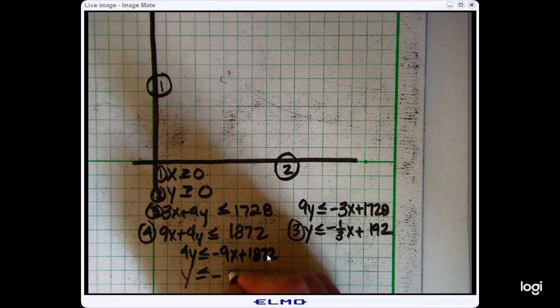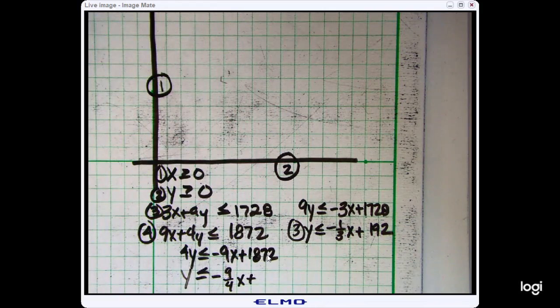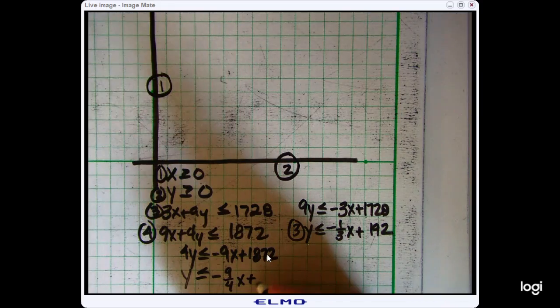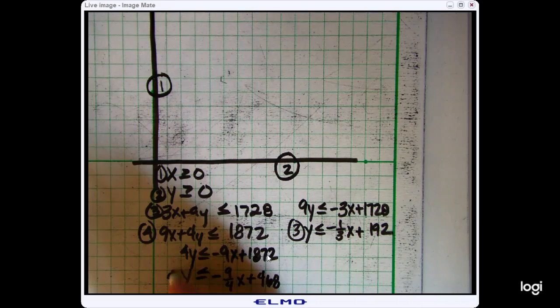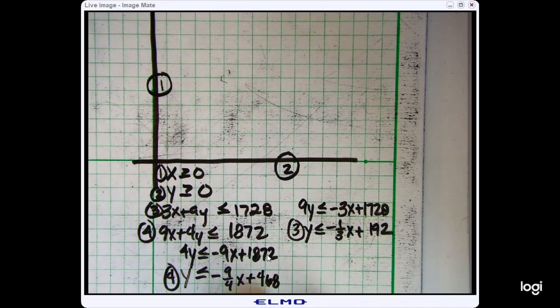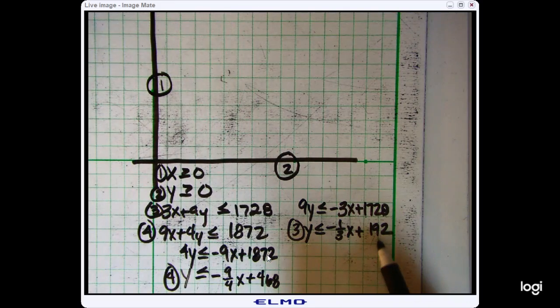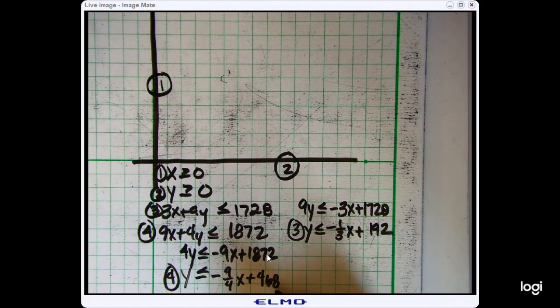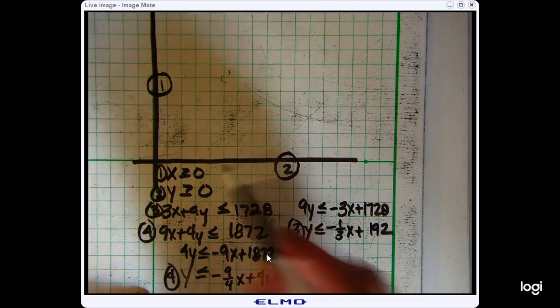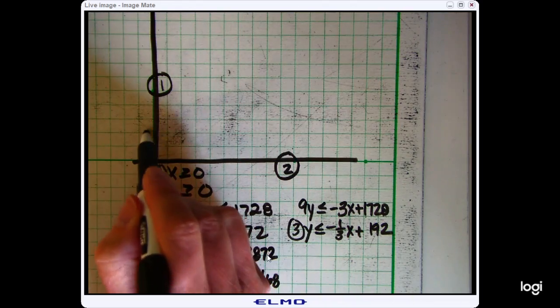Y equals negative 9/4 x plus 1872 divided by 4, which is 468. All right, so here's equation 4. It looks like we are going to be going all the way up to 500, so if we counted by 2s, I think we'd have enough room. So here's